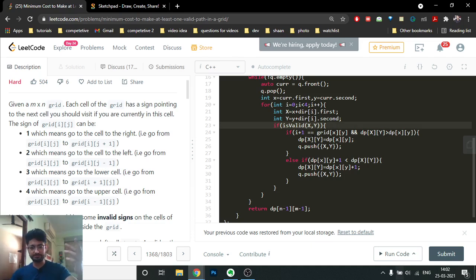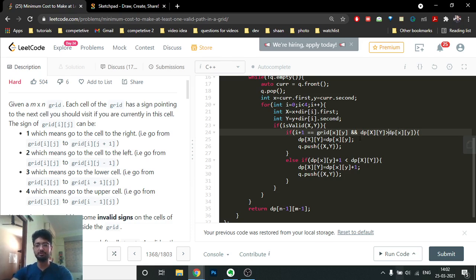In the first case, the direction you want to go is the same direction which is mentioned on that grid point. So the grid direction at the previous point x and y, and the direction you want to go, they are the same. So what you can do, if the direction is same, you will not add 1 to it, which means you don't spend any energy, but you will only push the next coordinate when the value of the coordinate on which you want to go is larger,